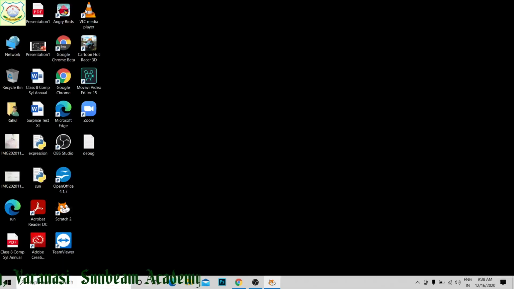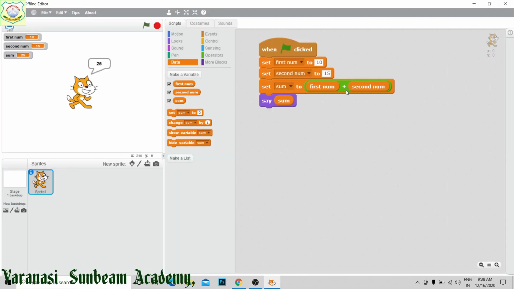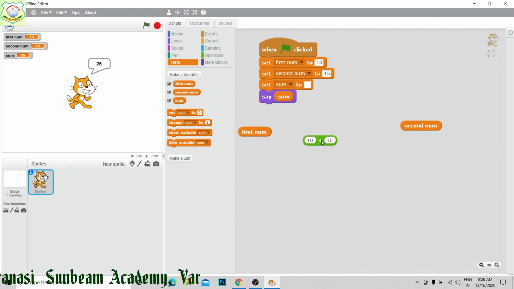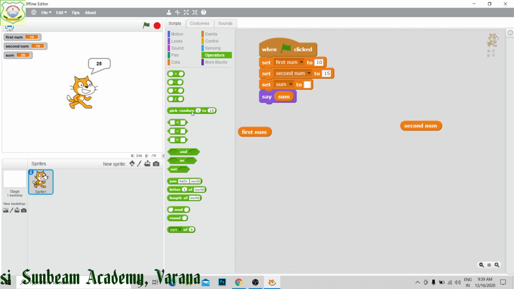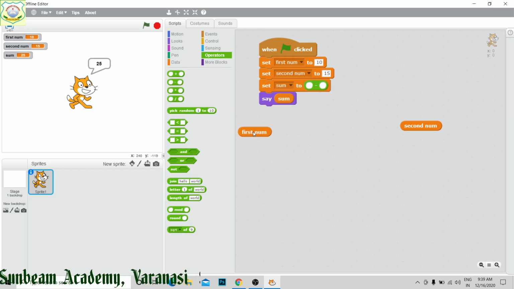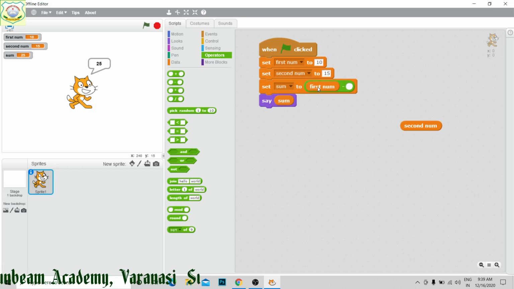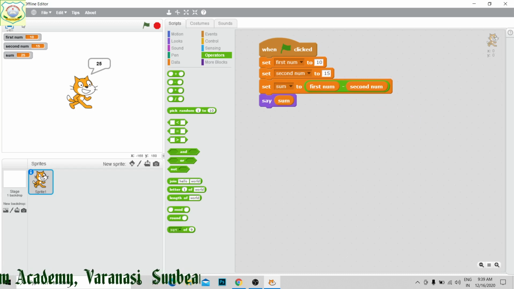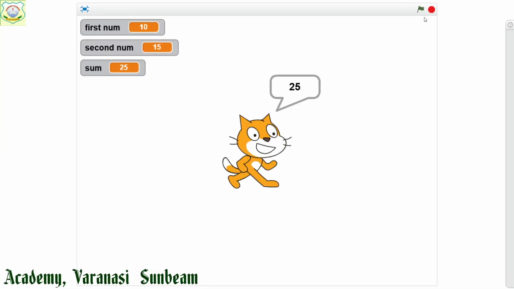right? Suppose I am going to change this operator, this plus, I am going to change with minus. This minus I have taken. First value is 10, second is 15. 10 minus 15, we know it will give us result minus 5.